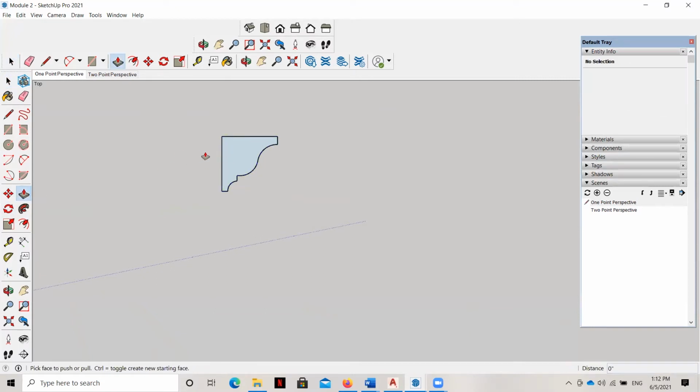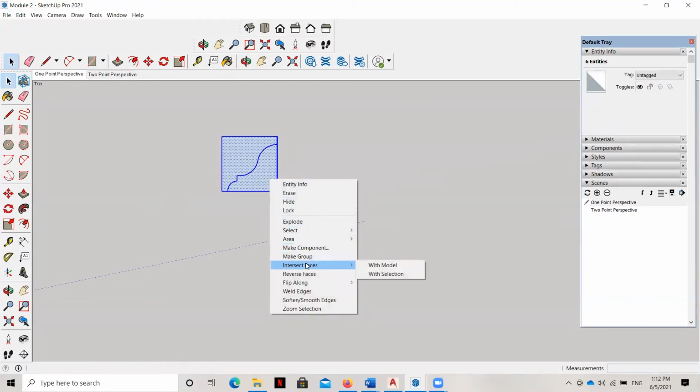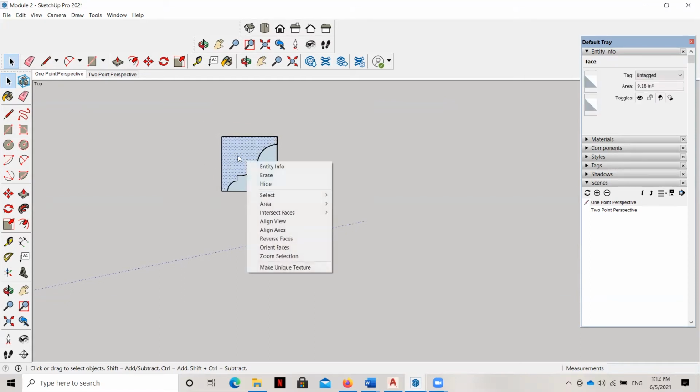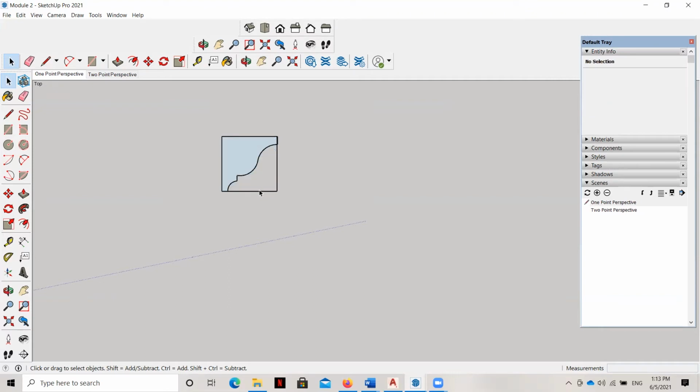Let's see. Well, okay, let's try it again. Okay, so once we've got it selected, we should be able to click on it and see that now there's a face associated with that. So all we do is just delete the extra ones.